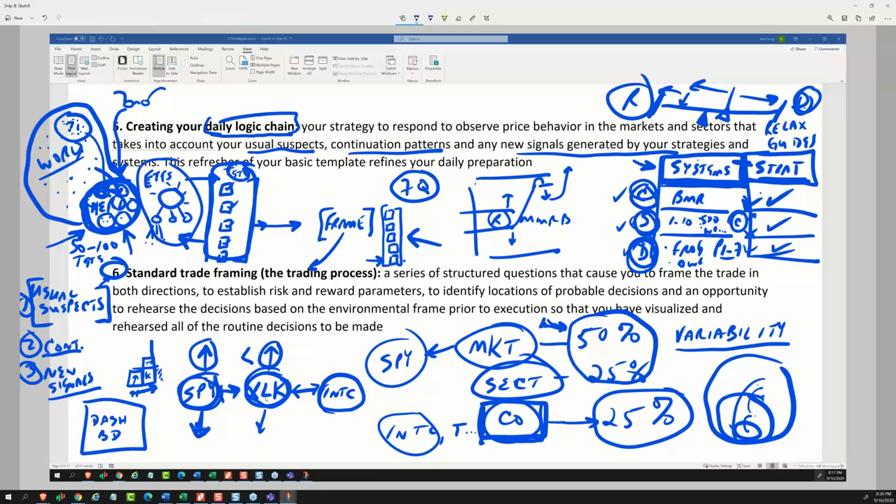And then if I notice that Intel is ahead of the market, I can say, well, this much of Intel's move is generated by the sector, and this much is being generated by the market. But this extra gain is people that are actually buying Intel above and beyond what the sector and the market are doing. So now I have a logic chain that allows me to go from what is the market doing, what is the sector doing, and then what is Intel doing, what is the target doing.